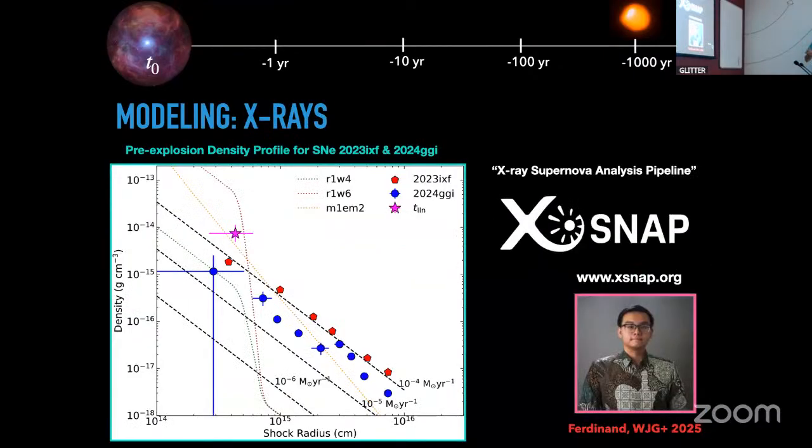For anyone interested in X-rays, my student Ferdinand wrote this package called XMAP. It's a very simple X-ray analysis pipeline. X-rays are a bit intimidating, even though we really work with like 5 photons at once in our SED. But if you want to take an X-ray observation and model the spectrum all the way end to end, you can check out this package. This is something that can then tell you the CSM density profile,